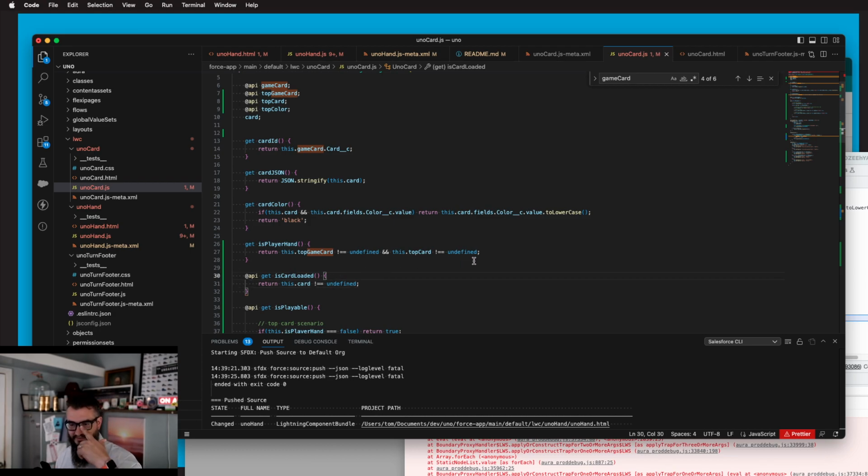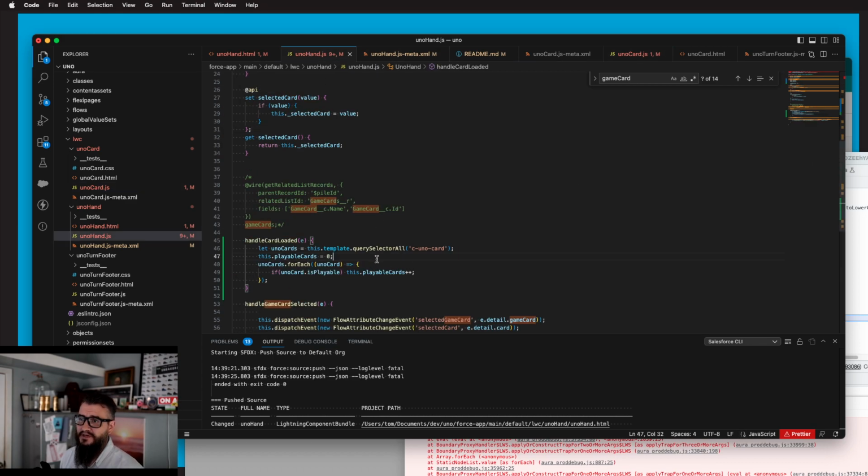Because what's happening is we're telling the hand, hey, I'm loaded, but then it's going through everybody and saying who's actually loaded. So I think we could now use this is card loaded in our hand to maybe clear up the noise a little bit. So if Uno card is card loaded,